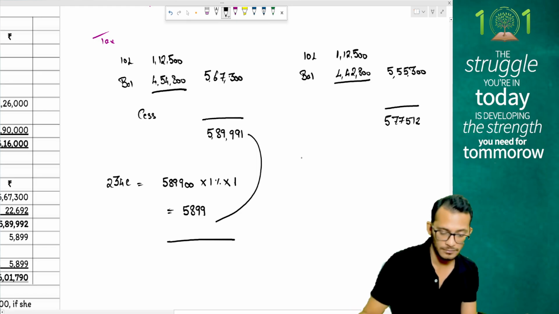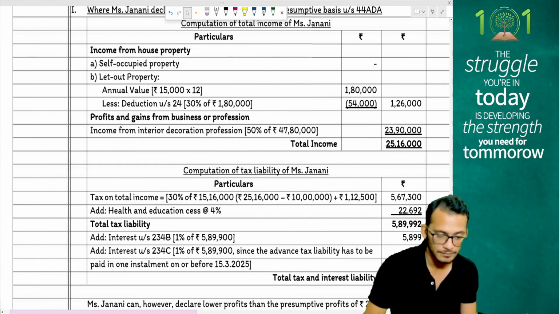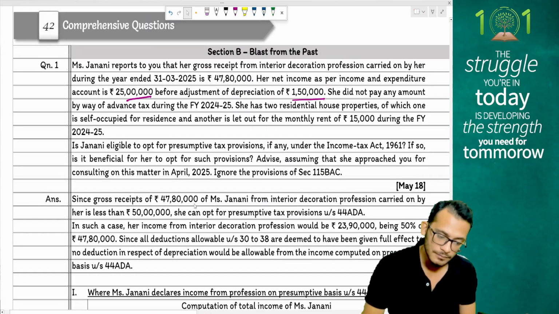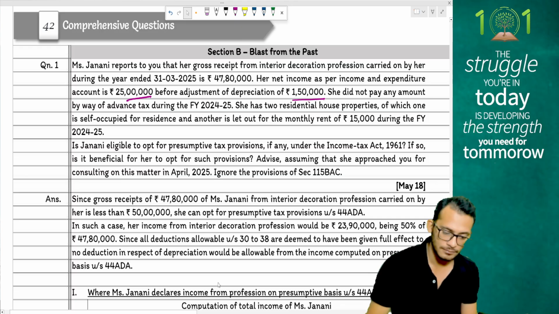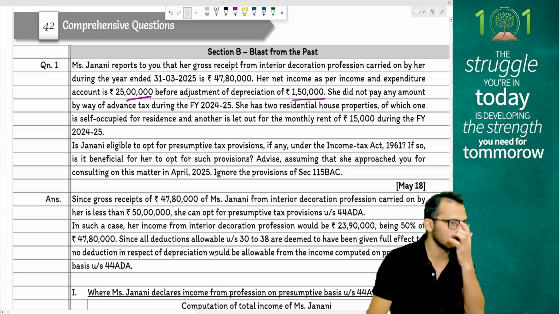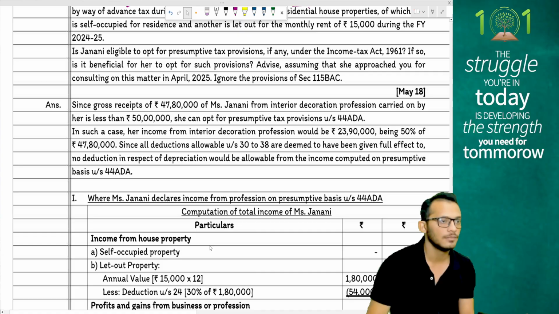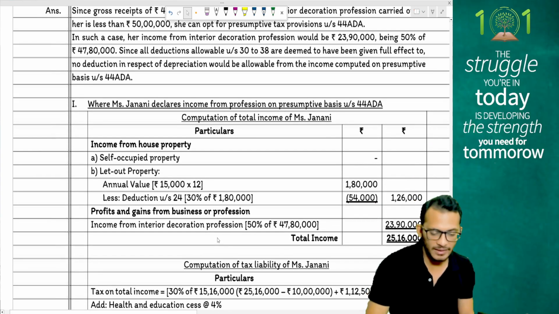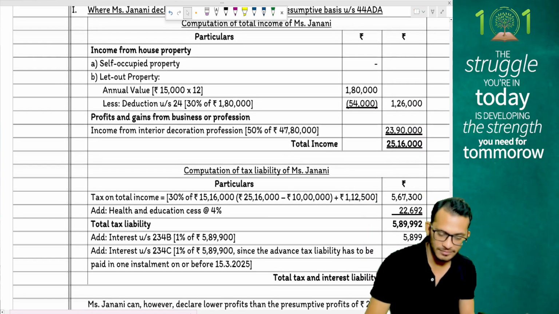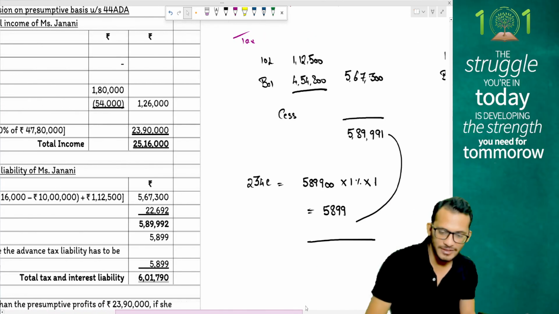Why? They told when they're paying. But April 25 means 1st April also, no? Can be in 1st April. I wouldn't want to do that, but okay. I don't think the answer would change significantly.